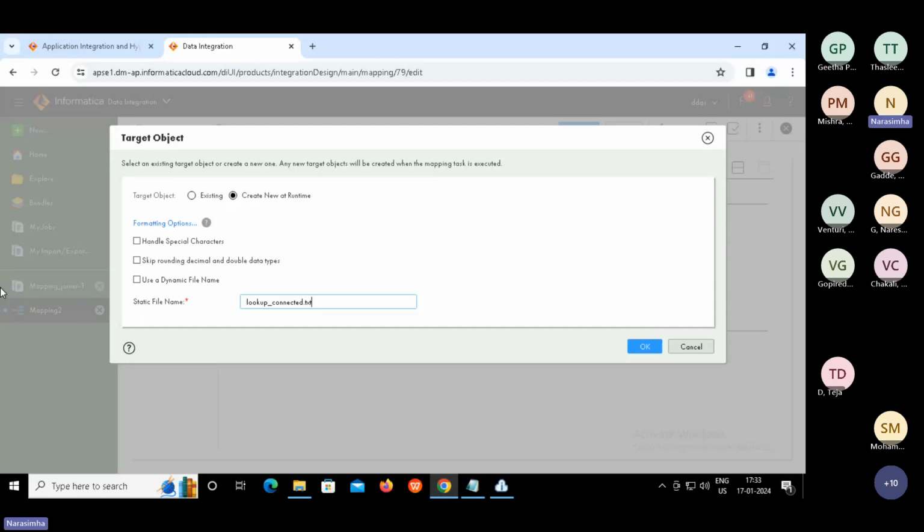Now similarly, for the dynamic file name, we can use any mathematical expression to create the file. Now we are doing static, a hard coded name. Like you were trying to ask a question earlier, it's overriding data into a file. If you use a dynamic file name, every time it's going to create a separate file.